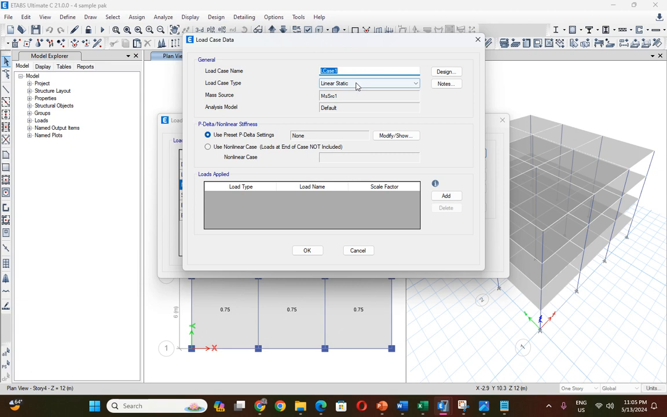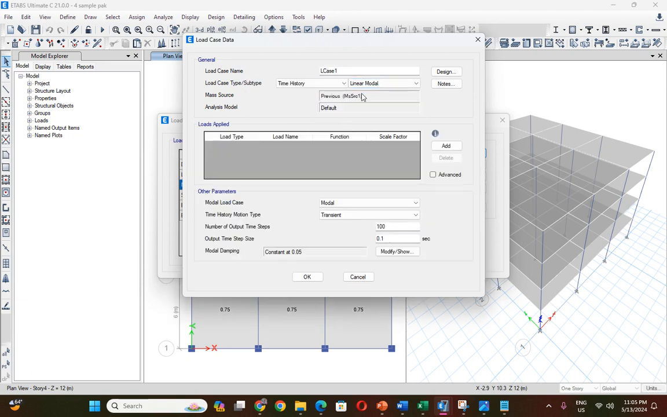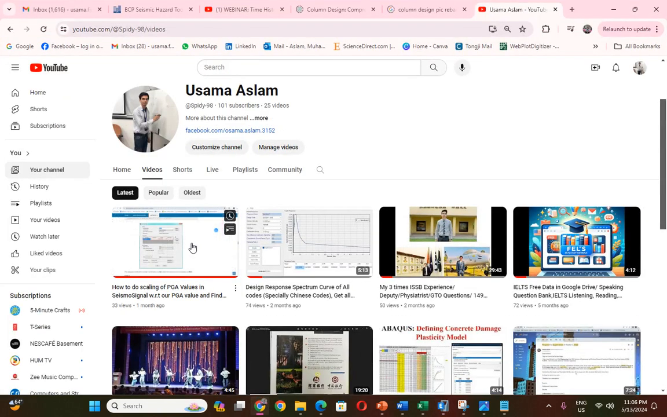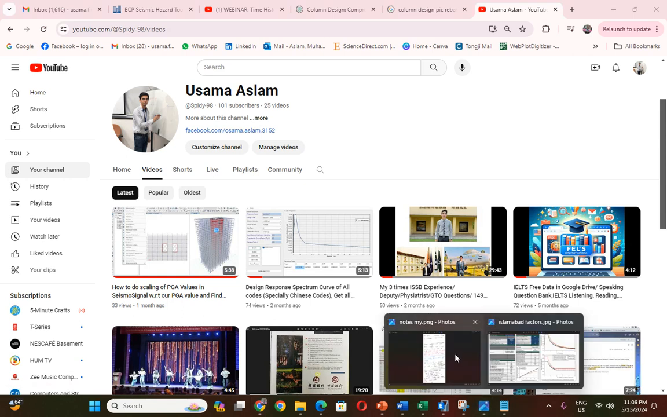For example, here, time history, finite, add acceleration u1. Here I have to first of all choose Christchurch, New Zealand, we added 4. How to select this, I already explained in this video, that how we can scale our